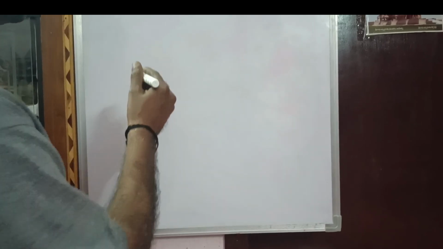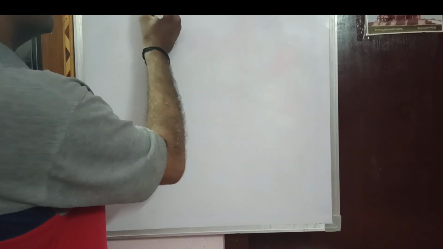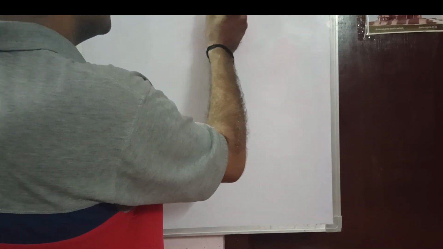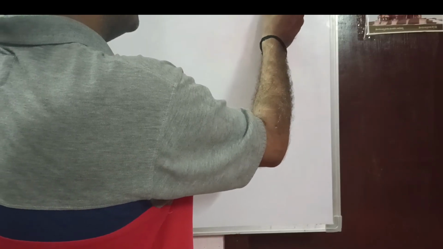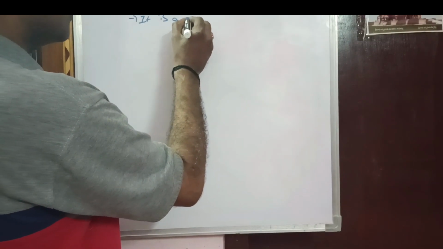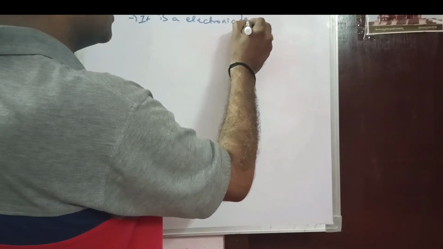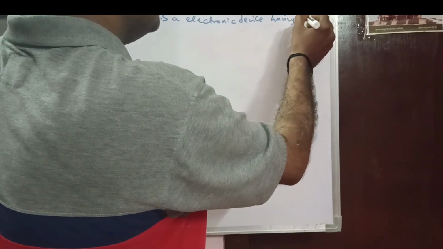Today I am going to discuss an important topic that is known as CRO, నథింగ్ బట్ cathode ray oscilloscope అంటామండి. It is an electronic device having a terminal known as CRT,